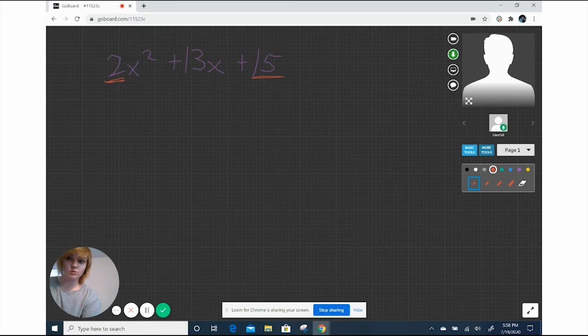So 2 times 15 would give us 30. And we're looking for two numbers that add to be that middle term, 13. So in this case, our numbers would be 10 and 3, right? So what I'm going to do is replace that 13 with a 10x plus 3x. So in this case, if I rewrite this with that new middle term,